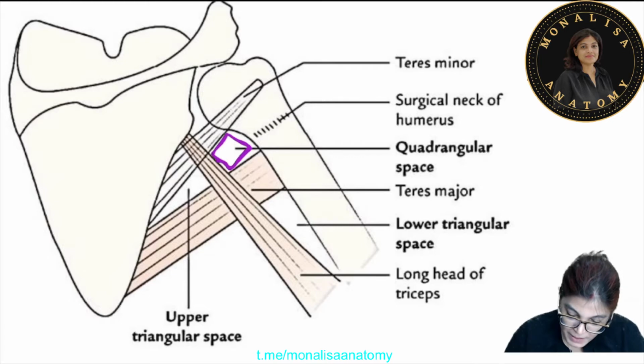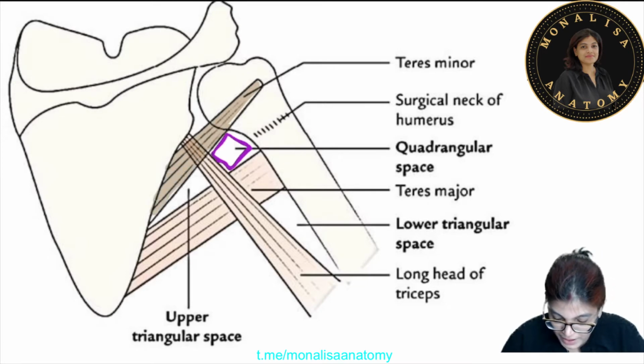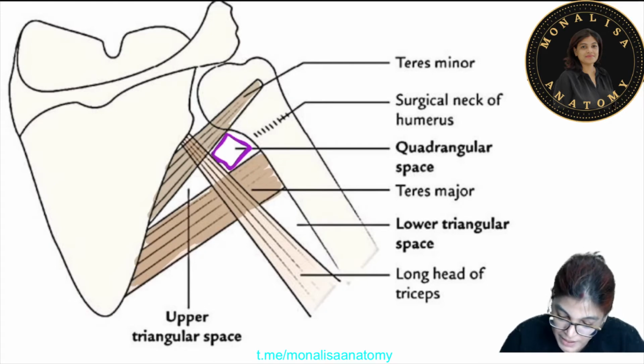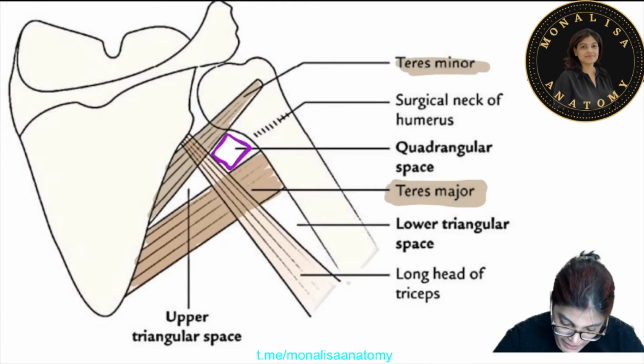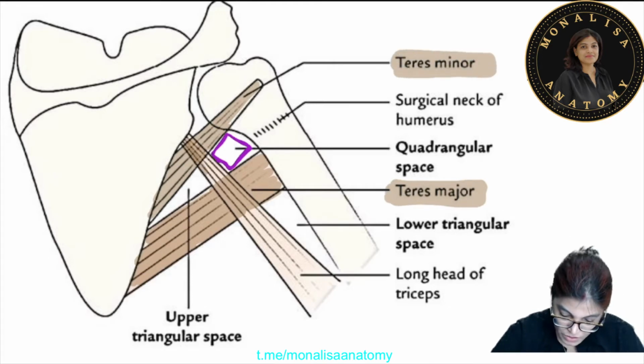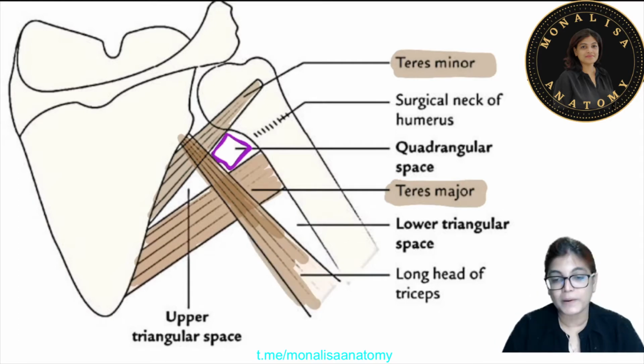The quadrangular space is bounded superiorly by which muscle? Teres minor muscle. It is bounded inferiorly by teres major muscle. So this is the teres major muscle which is forming the inferior boundary. This is the teres minor muscle which is forming the superior boundary. And medially it is formed by the long head of triceps muscle. This muscle which is passing vertically lower down, oblique in direction, is the long head of triceps muscle,